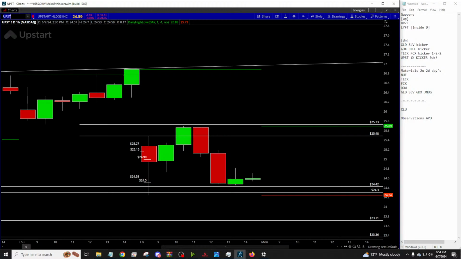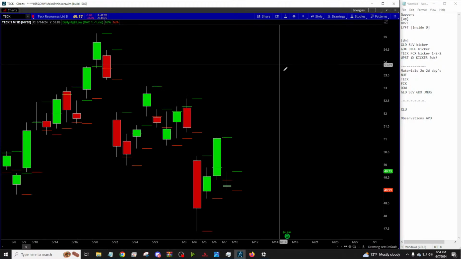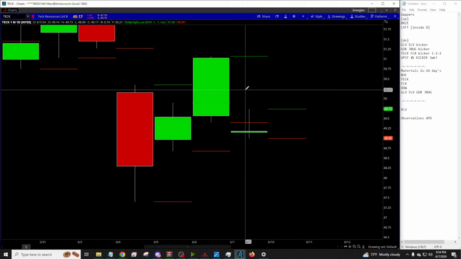There were some failures today, and we didn't really spend much time looking at these. We were mostly looking at Upstart and then mentions of the gold and the GDX and the JNUG. But if we go to Tech and FCX, this is an example of just didn't work. Similarly, had the rev strat. Notice